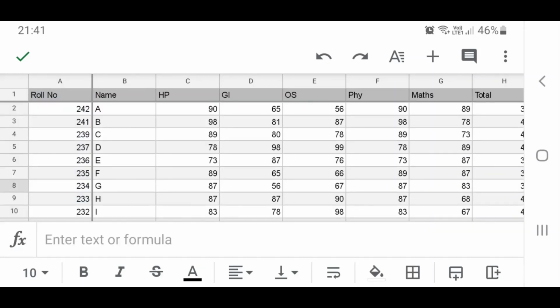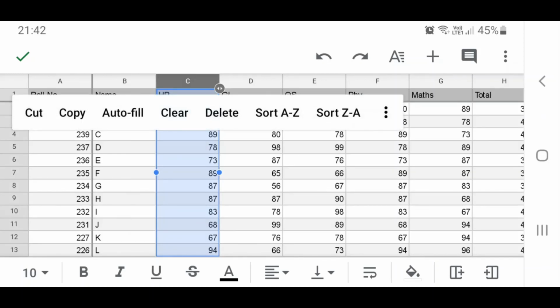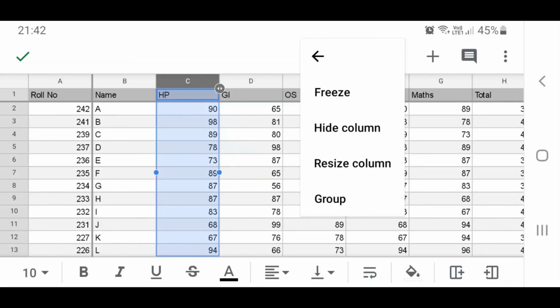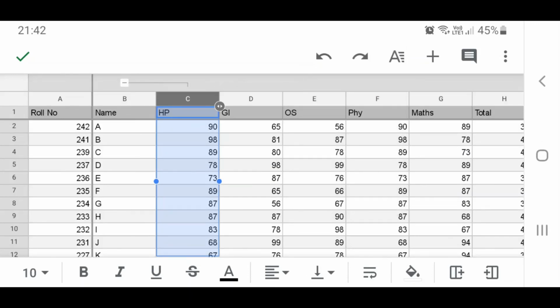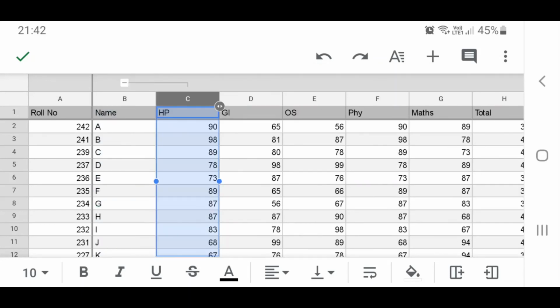Next we will see how I can group certain rows or columns together. Okay, so I am going to click on the particular row or column and hold it for 2 seconds, it's getting highlighted. Here you can see the different options that are visible. You can autofill, you can clear, you can sort the values, or another option is group. When you click on group, that will be grouped to another cell. So if I just click on this button, you can see that the 2 rows are combined together.